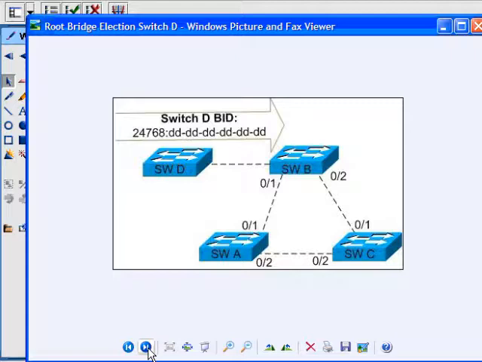It's like, hey, I got this hello time every 2 seconds. Do I really need it to be that fast? Especially if you got a stable network, you're not planning to add any switches to it for a while. I would keep that hello time at 2 seconds. I would keep that BPDU generation at 2 seconds, and you'll see why as we go through the next couple